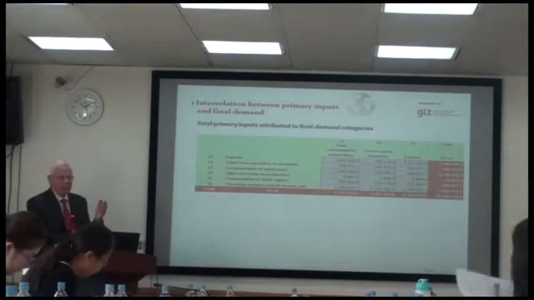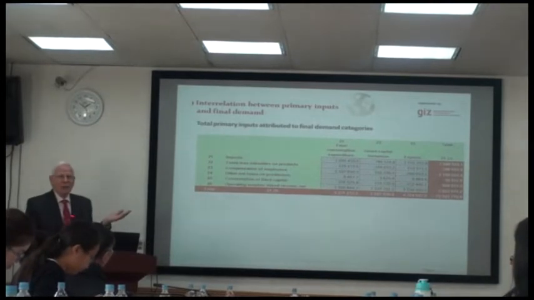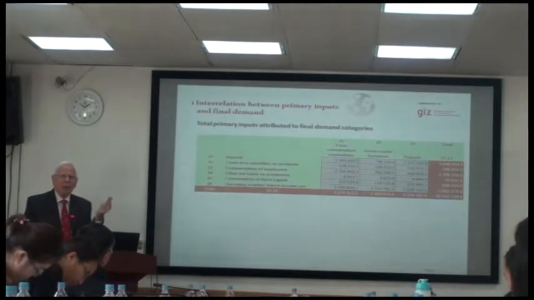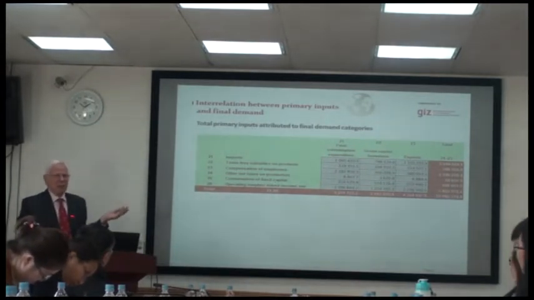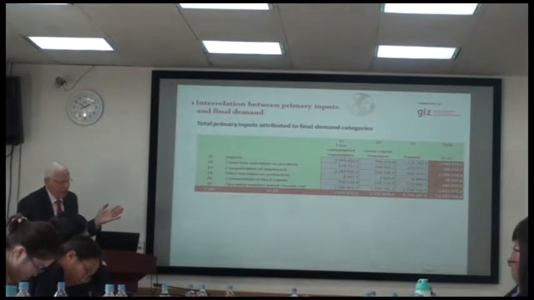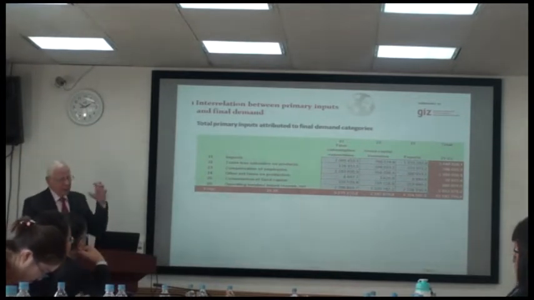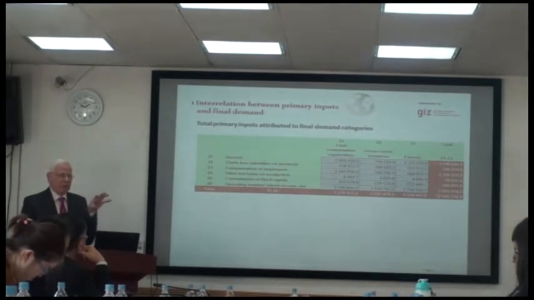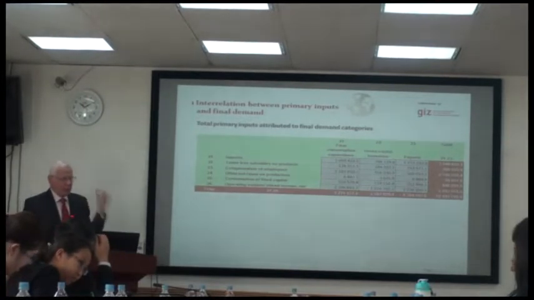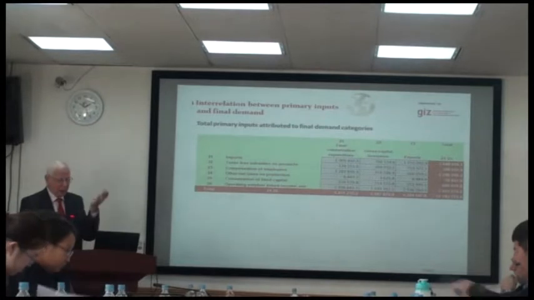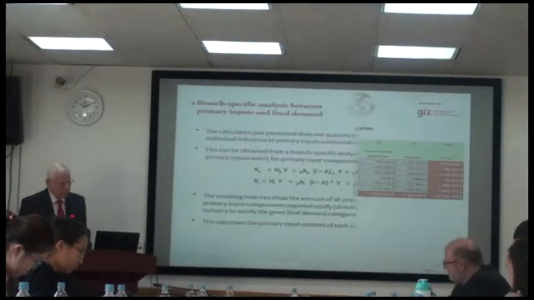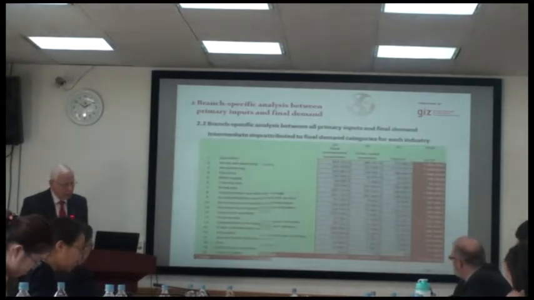You see the comparability to what we have done before. But before we had only made it for one unit, now we have multiplied it with final use, and then we make all the absolute figures. I like this one better than the other one, because the other one is a little bit more abstract. But here you can see the consistency within your own compiled input-output table. Because from both sides, from the demand side and from the primary input side, we have the same total, or the individual total if you go beyond this one. I will show you another one. I believe that can also be done.